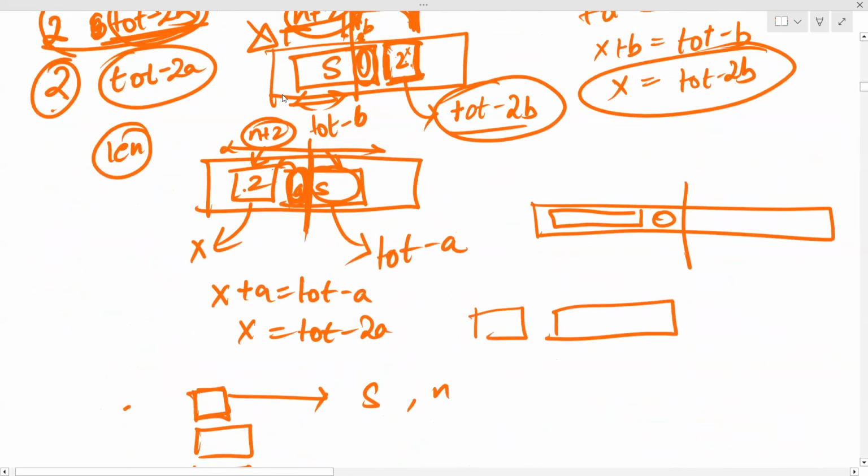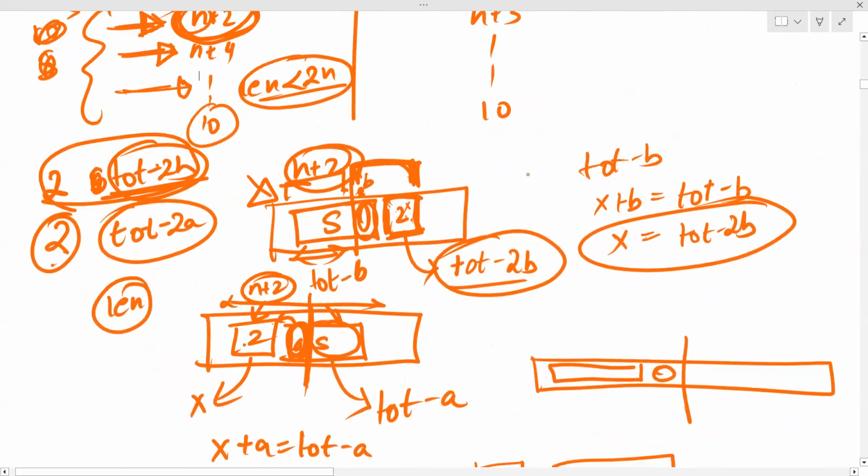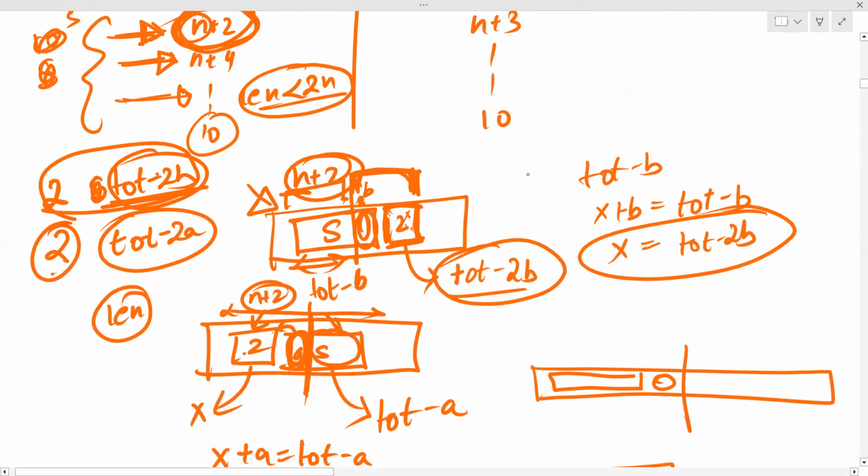Why are we doing this only if length is less than or equal to 2n? Because there is no point after that. Once you have sorted, you will get zeros only for that. But the thing is,